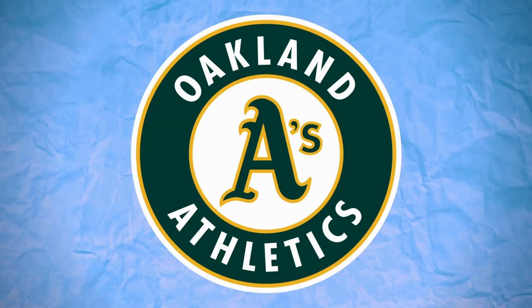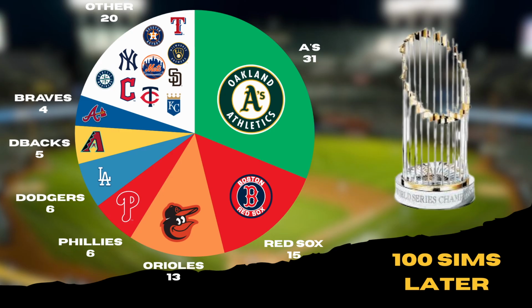After our 100 sims, our runaway leader was most clearly the Oakland Athletics. They won 31 different World Series after making the playoffs 99 times. In fact, they went 31-10, meaning that they actually made it to the World Series 41 times. They were the best team by a long shot, but there were also other teams that made it to the